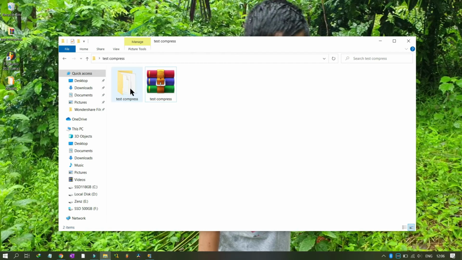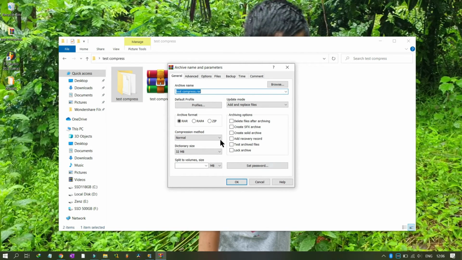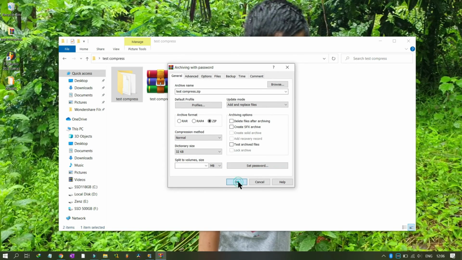I will show you how to password protect the files. So I will say add to archive. So right click, add to archive. Okay, so now out here it is asking in which format you want to save, RAR format or zip format. Let us say I will want to save in zip format. Then it will give you an option to set a password. Let us say test, TEST, and password again, confirm, TEST. Okay, and if you want to see if you have typed the correct password, test. Okay, and you click okay.